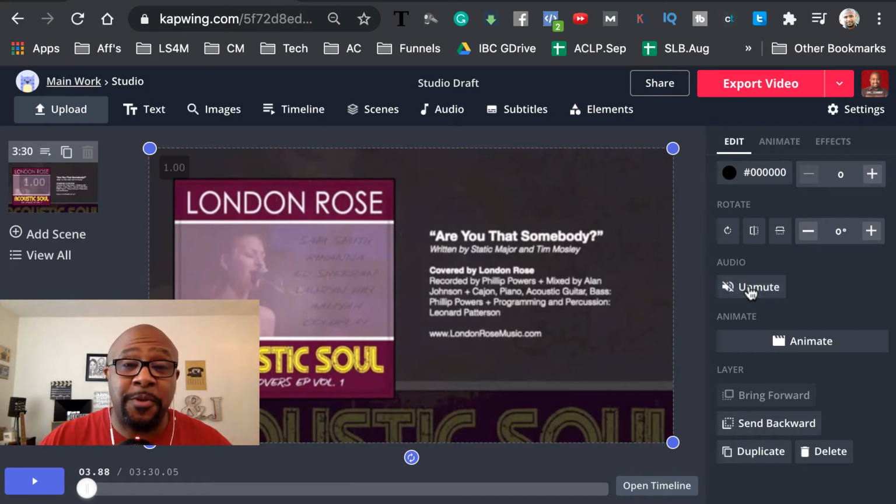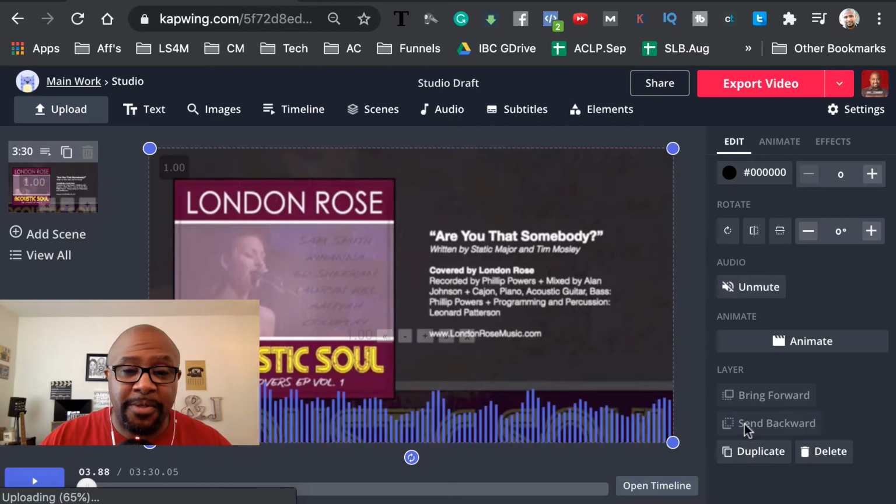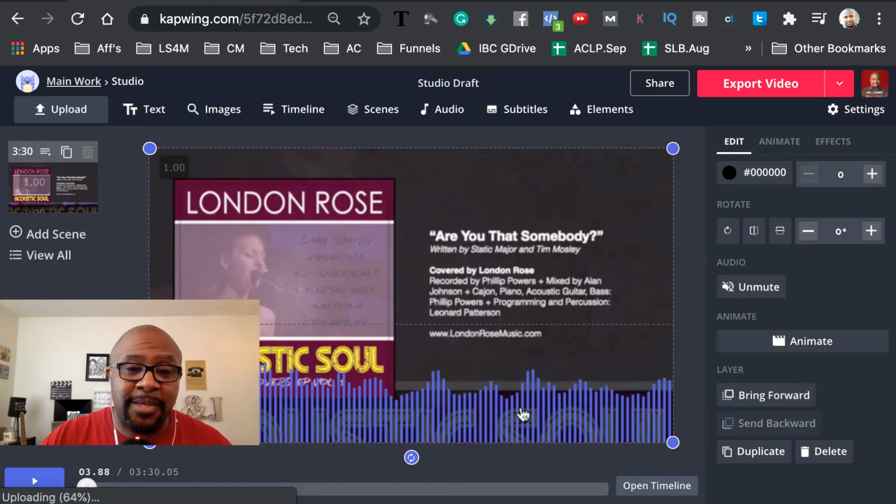So I would use the visual of the video and the audio of the waveform. And you're like, yo, I don't see the waveform. That's because they are in layers. Because I've got this video selected, you can see the handlebars there. I'm actually going to do a send backwards, and now you'll see that that is behind the waveform, which is